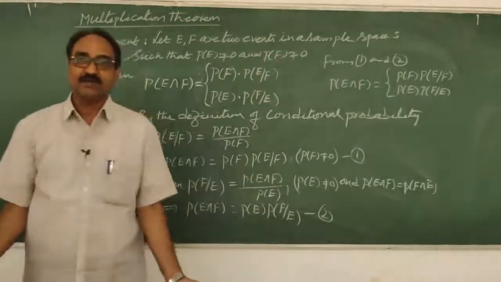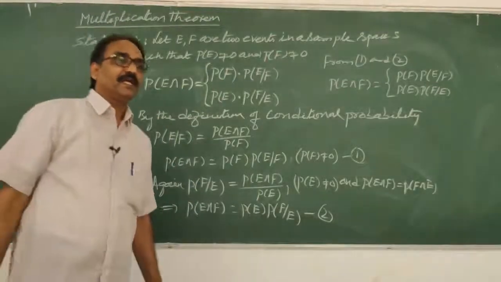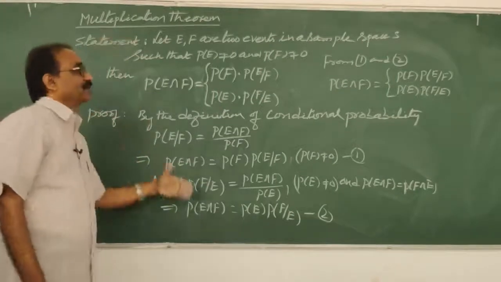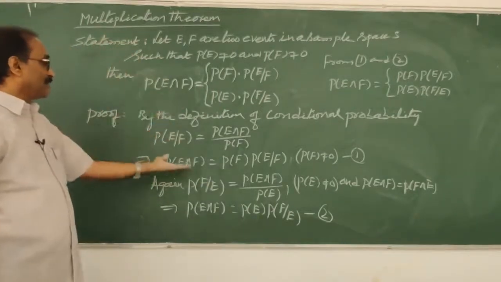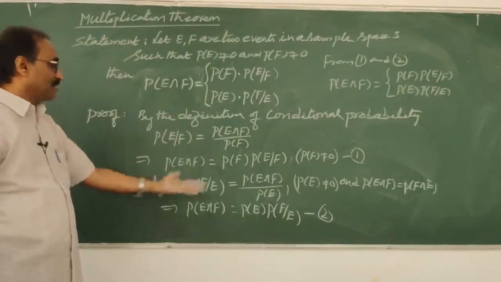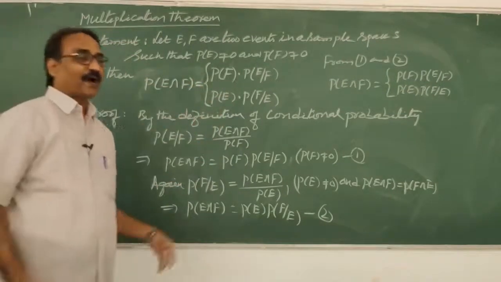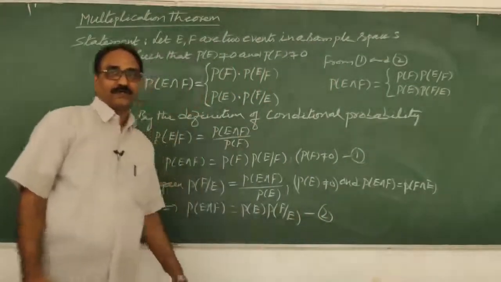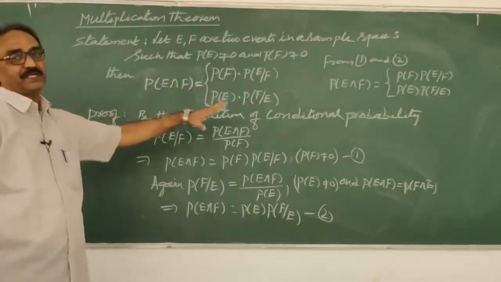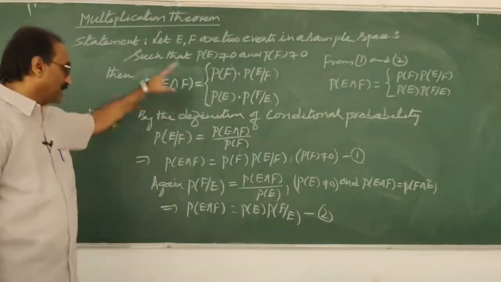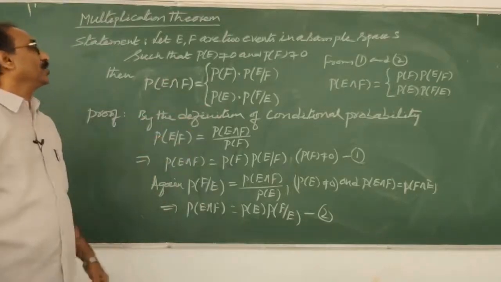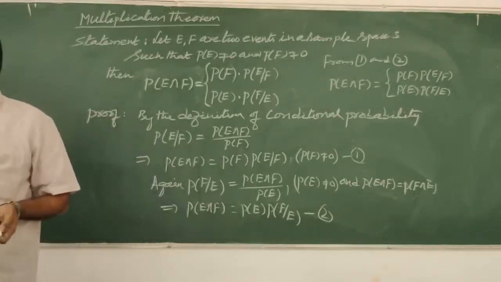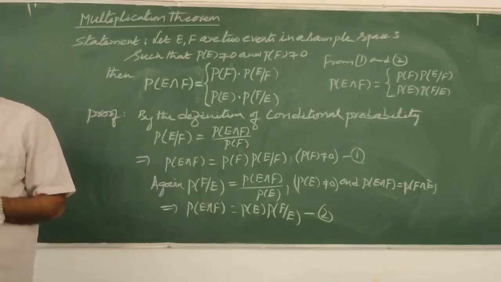The multiplication theorem is worth 5 marks. Very rarely will they ask the multiplication theorem because everybody will write it, but we must be ready with this. Only the proforma you should learn: cross multiply by the definition of conditional probability, then say 1 and 2 together. Even if it is easy, sometimes we cannot do it, that's why I told you this. My dear students, you can note this down and write it like this when the multiplication theorem is asked. So this result is nothing but the multiplication theorem.